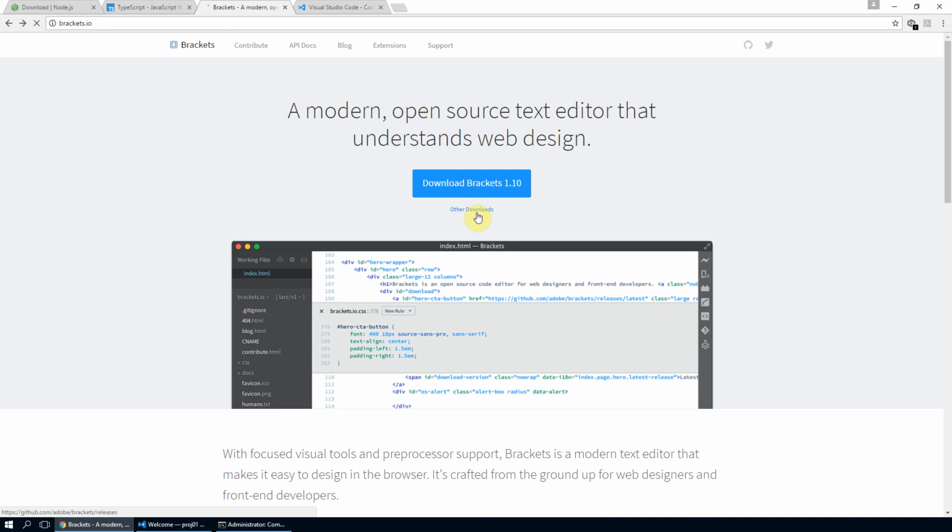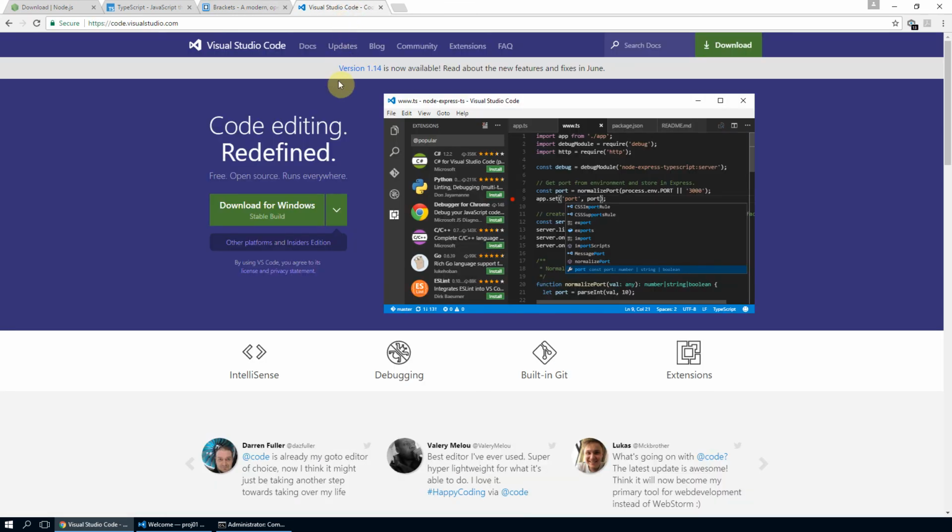So it is a robust IDE, but I would recommend you to go with Visual Studio Code because it is more rich in intelligence and code completion. Along with that, it also has debugging tools, built-in Git and extension support, which makes your IDE stronger and more robust, right? So it will also enhance your productivity while you are working on a bigger project.